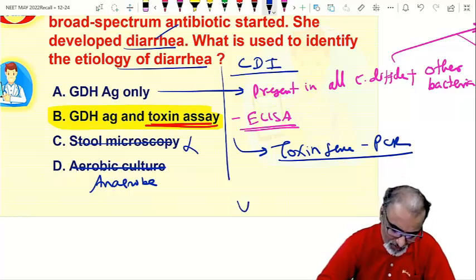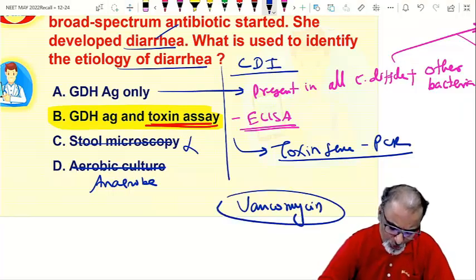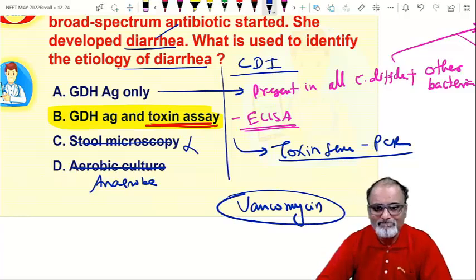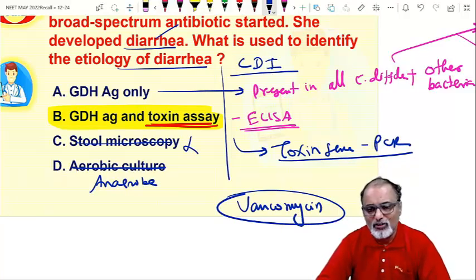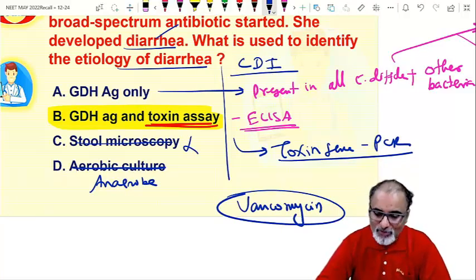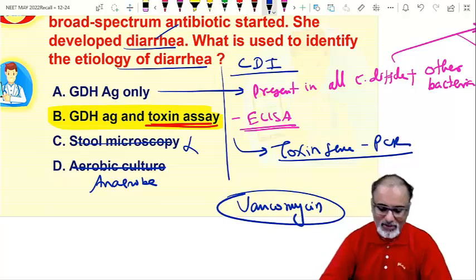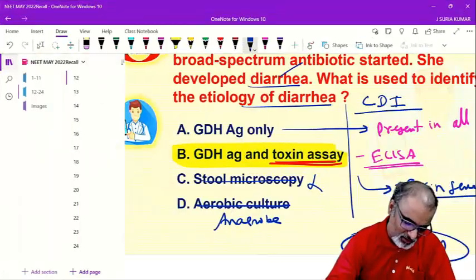in India, vancomycin. Metronidazole is not in use. Metronidazole was old. FDA not approved now. Vancomycin. And another one, for the previous question, fidaxomicin. Okay. Next is,